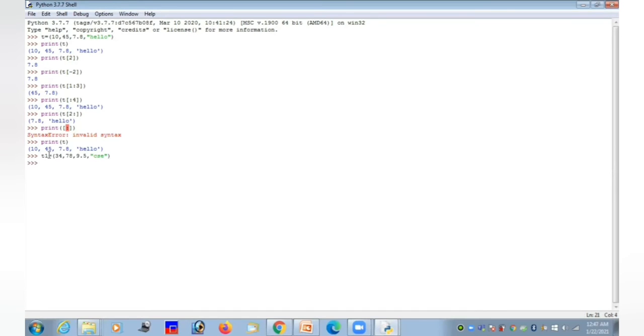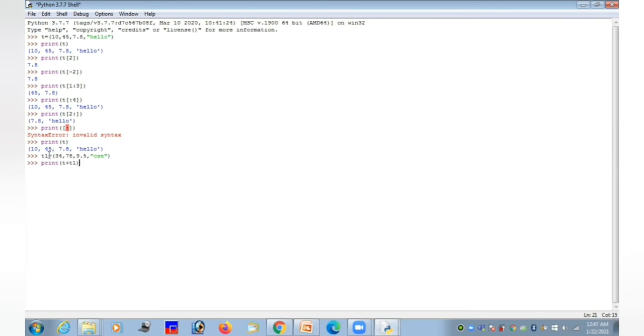Now I'm going to perform the concatenation operation. For that I'm going to use the concatenation operator plus. So I'm going to add two tuples, that is T plus T1.